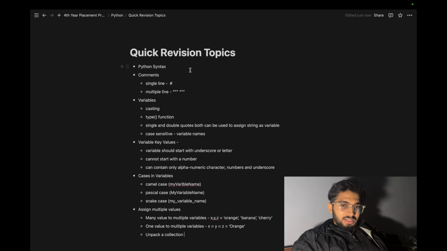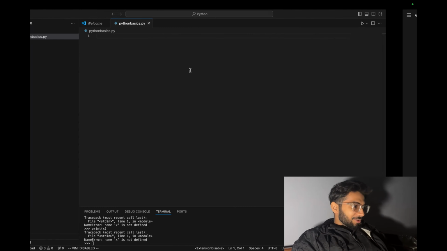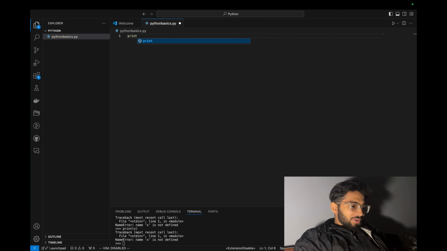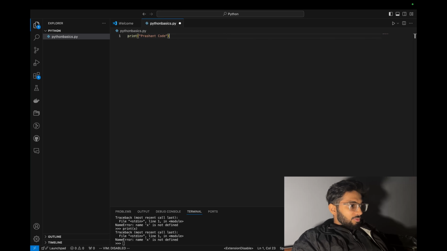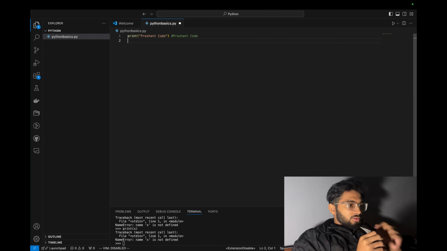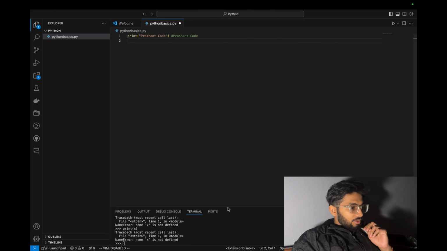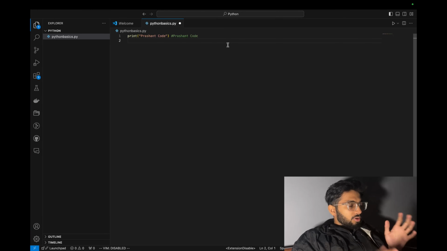So quick revision topics. The first is Python syntax, which is very basic. We will know how to print hello world. Instead, we can also write Prashant code, and this will print Prashant code. Exactly, it will print this thing, right? My terminal is not working currently, that's why I will be letting you know what it's going to print